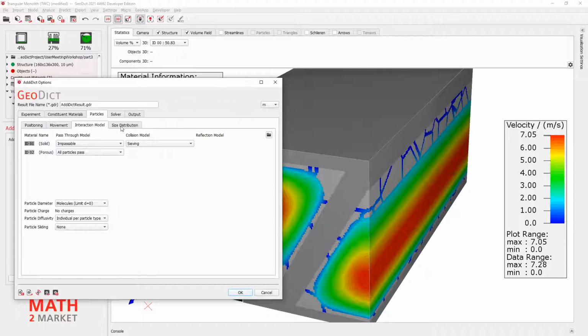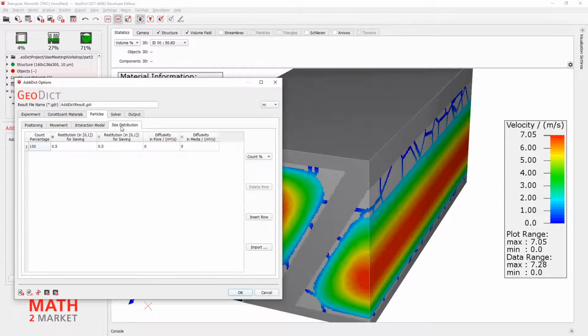Okay, so the next thing is to type in our diffusivities. It's done in the size distribution table. If you go here, you see diffusivity in pore, that means diffusivity in the pore flow. For this we can simply get the values from literature. So for air, take the literature value.